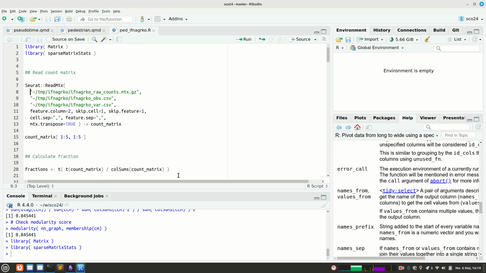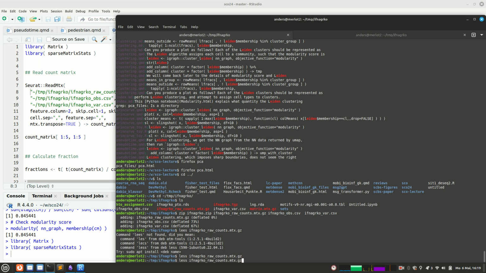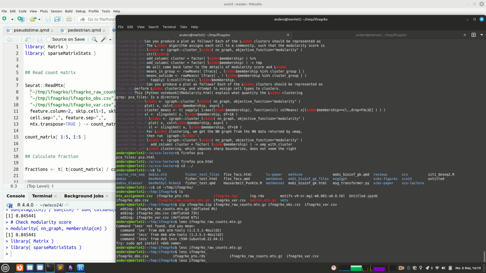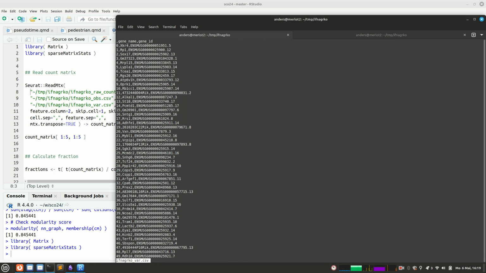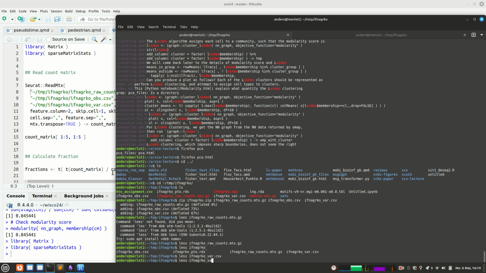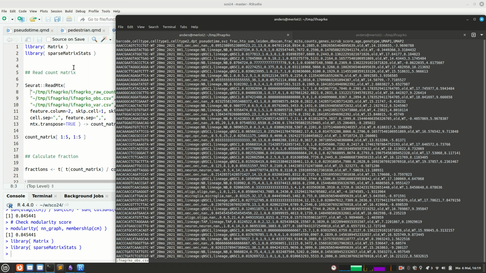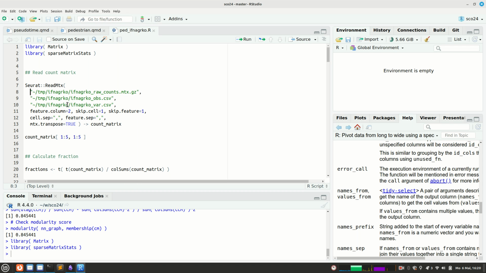And then we also have these 2 other files, which give us the meaning of the rows and columns: which gene each row of the matrix was, and which cell each column was. And this time we not only have the raw information about the cell, its barcode, but we have already some preliminary analysis results of what my colleagues have already decided what kind of cell this was. But for now, we will pretend that this work hasn't been done yet, and we'll just start from scratch